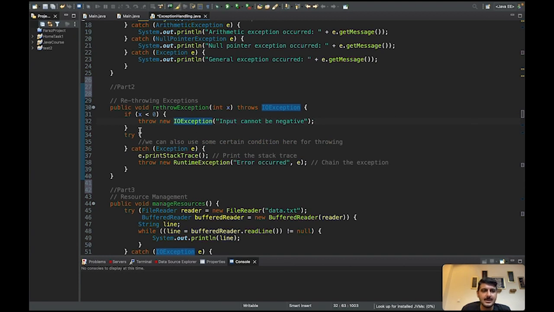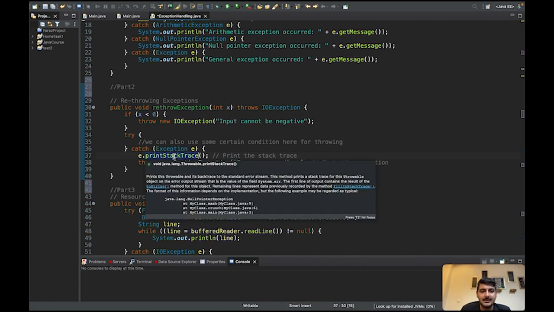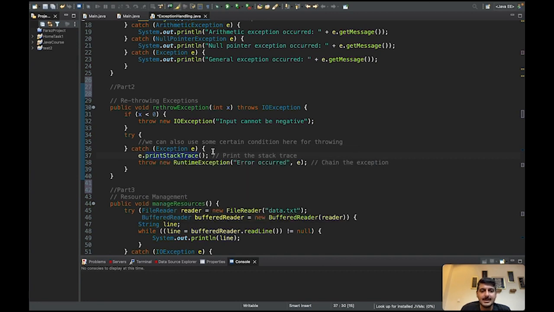Also, in the next lines, we can see the try catch blocks, which are used to handle any exceptions that may occur within the try block. If an exception is thrown, the catch block prints the stack trace of the exception using the printStackTrace method here. And as we can see, the printStackTrace method is a part of the Throwable class, which is